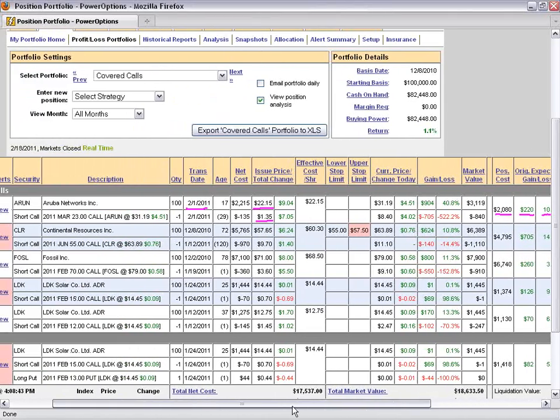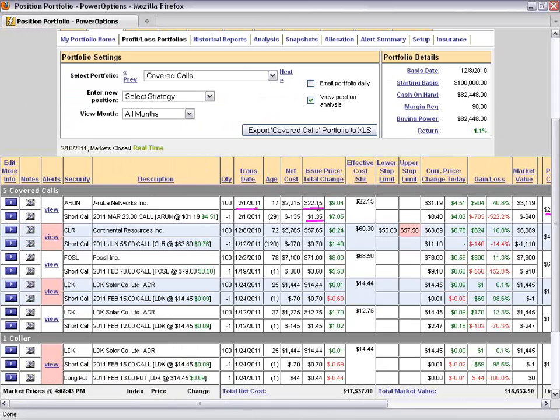Well, where is the stock right now? Remember, it's bought at $22.15 on February 1st. The March 23 call was sold for $1.35, and the current stock price is $31.19. Well, why would you let a stock get away from you this much, as we kind of did with the Fossil position, which was a paper trade we were just ignoring?